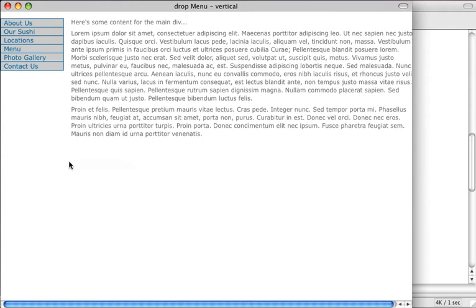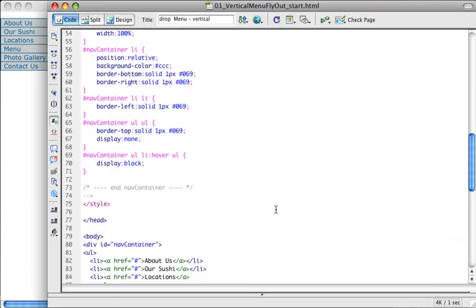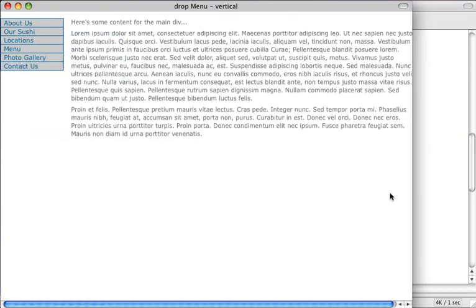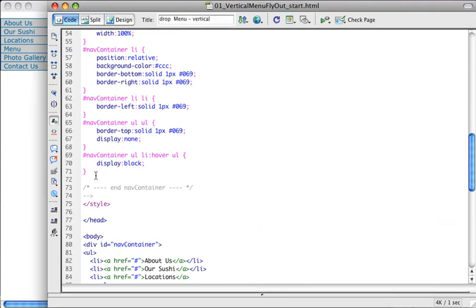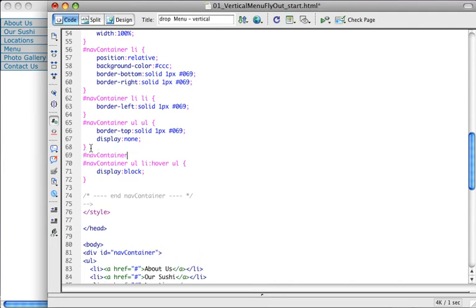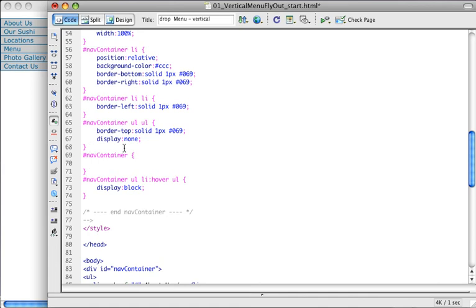So the first thing that we want to do is add in our CSS hover file. So let's do that now. Actually, before we do that, let's make the hover actually turn white in the background real quick. So we'll do that prior to doing this. I'm going to make one more new style here for Nav Container, and we will specify the LI hover, and we're going to just set the background color